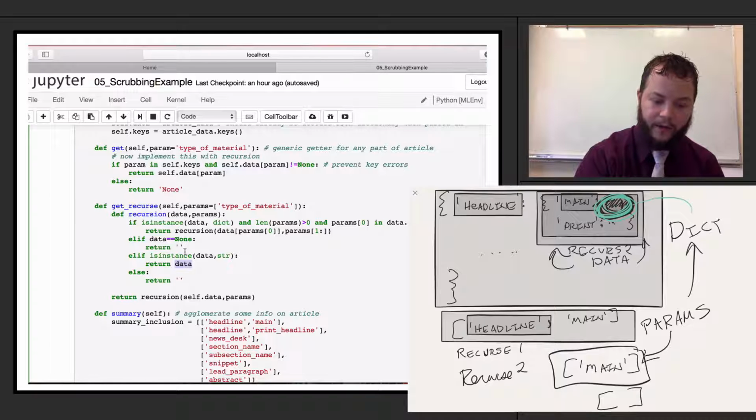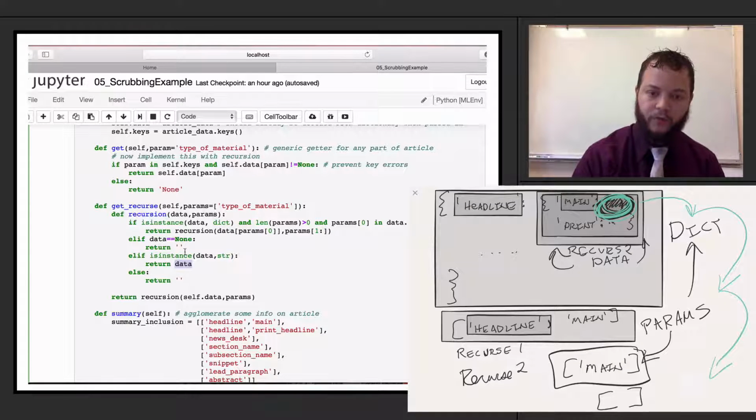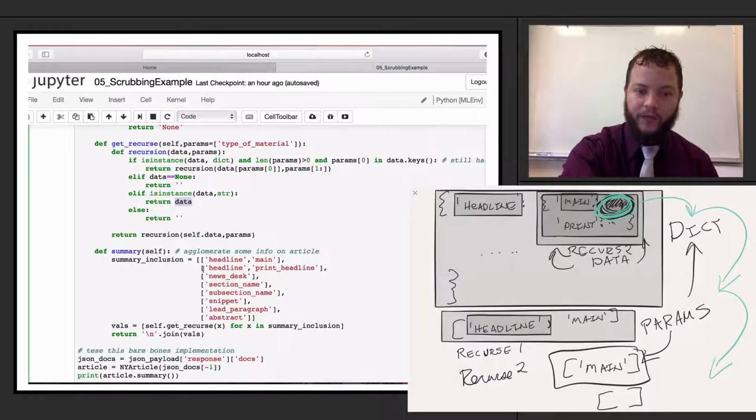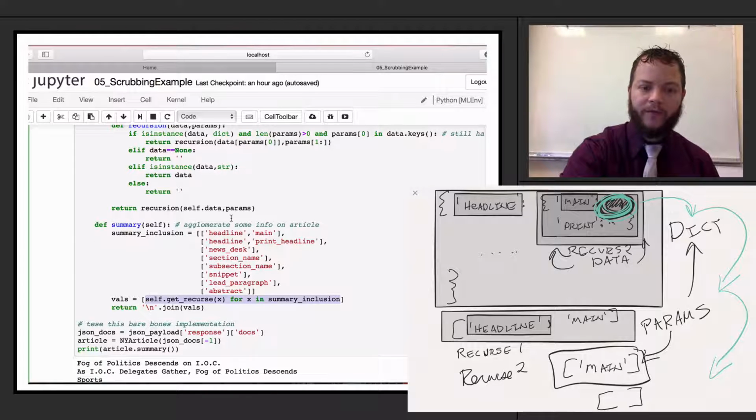It will return out of the third recursion, and then it'll go past into the second recursion, and eventually it'll return all the way up, and it'll return from this recursion what was in data that happened right here. So that's a really, really easy way of going in and accessing headline at the main, and then we can access headline at the print headline, and so on and so forth, however many times we want to do it. So when we call self.getRecurse, we'll actually be able to grab all of the information that's